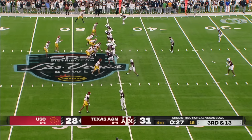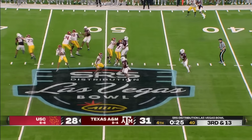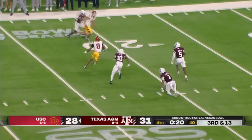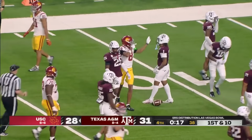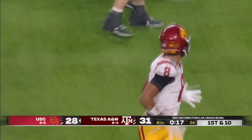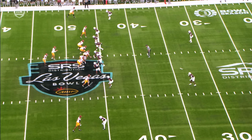27 seconds left. Texas A&M up by 3. Maava steps up. Downfield. Pass caught in stride. On his feet still. Inside the 20. Jacoby Lane down to the 13-yard line. A gain of 33. There's going to be Jacoby Lane working on the in cut, but it's Jaden Maava, how